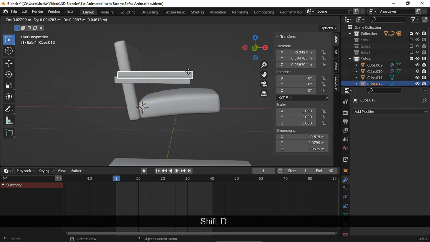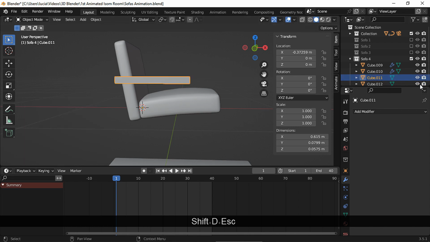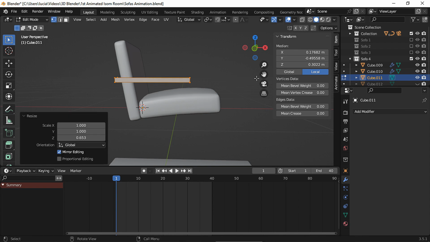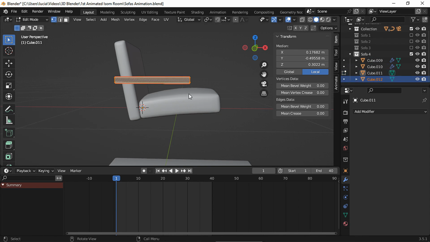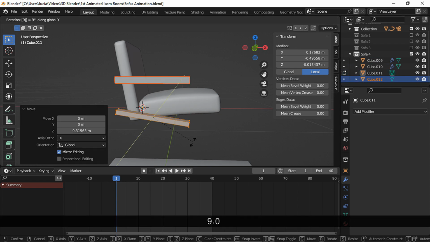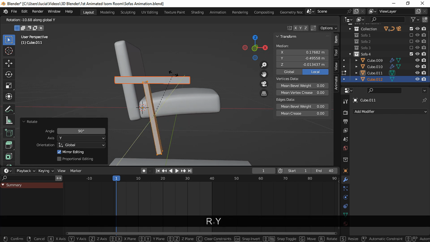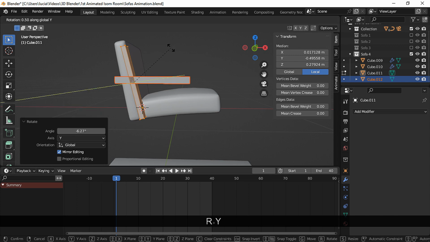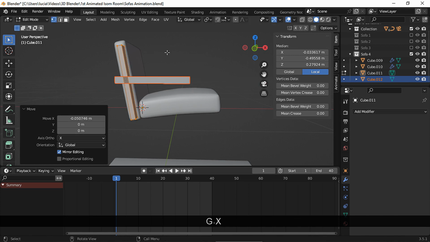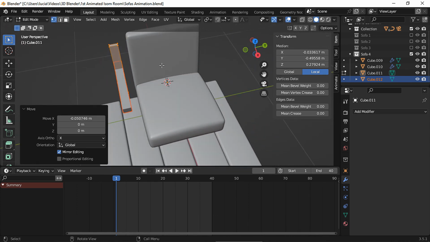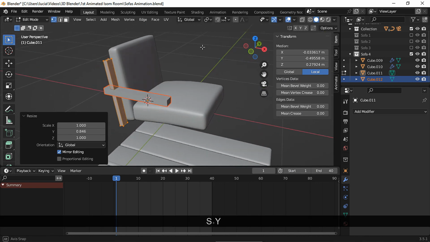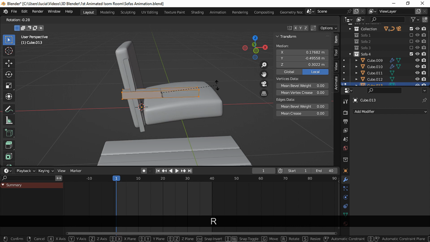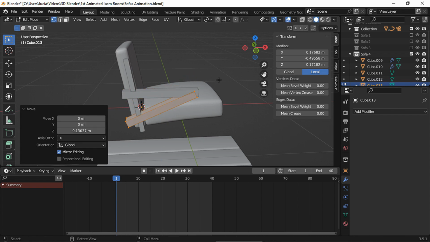Back to object mode, duplicate and escape. Let's hide this duplicate and in edit mode, scale it on the Z-axis. Let's show the other mesh to see where to place our selected object. And try to match the angle of the top cushion. Scale it down a bit on the Y-axis, and back to object mode, duplicate this one again, escape, and in edit mode, rotate it on the Y-axis and move it down.